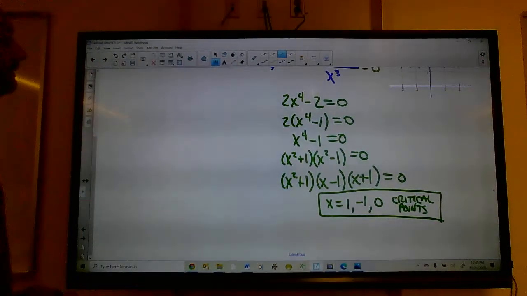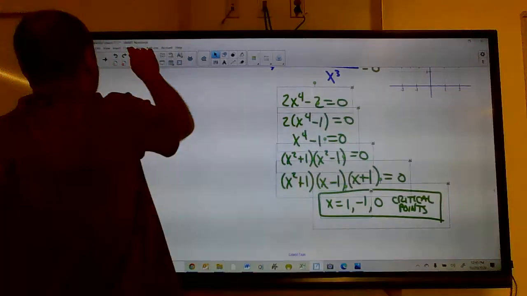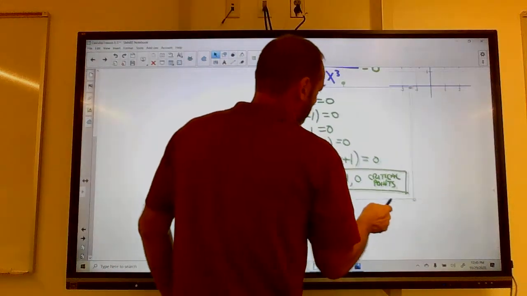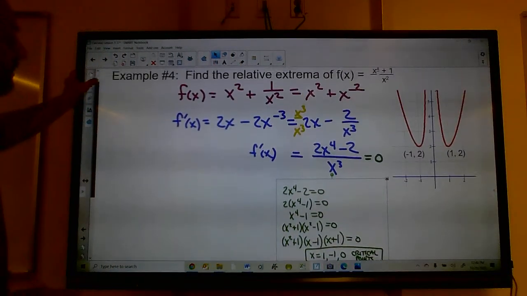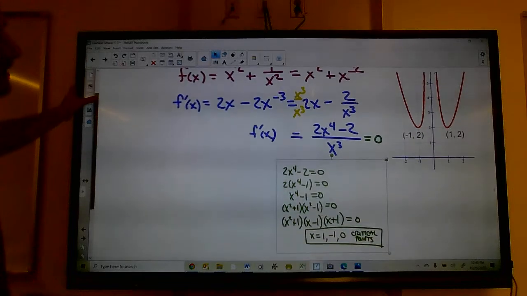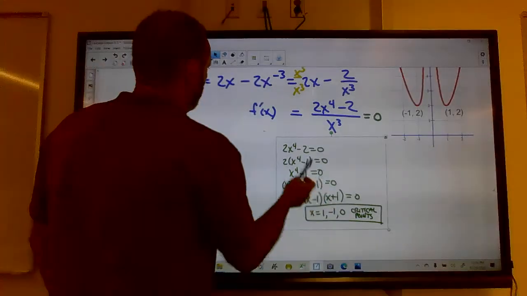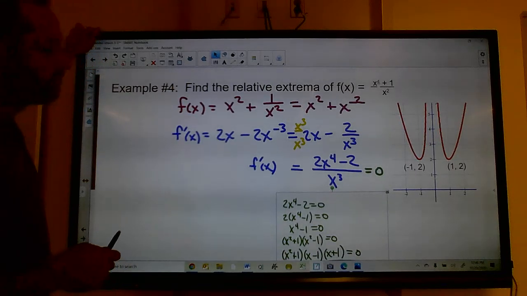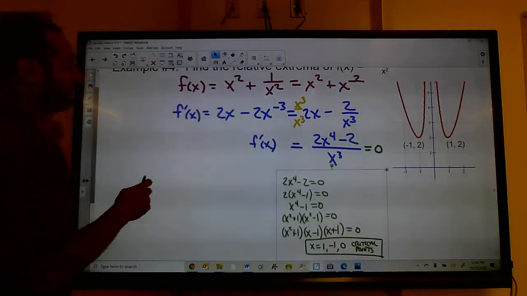All right. Now, what am I going to do with those critical points? Well, I know that maximums and minimums occur there. So what am I supposed to do? Find the relative extrema. Okay, so I can take these critical points and plug them into the original function to find out what the points are. So if I plug in,